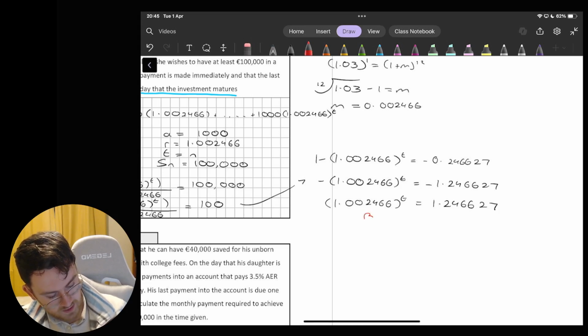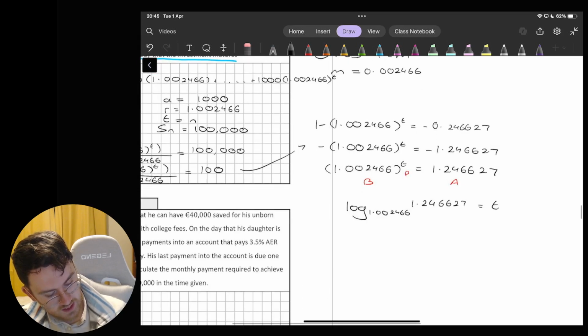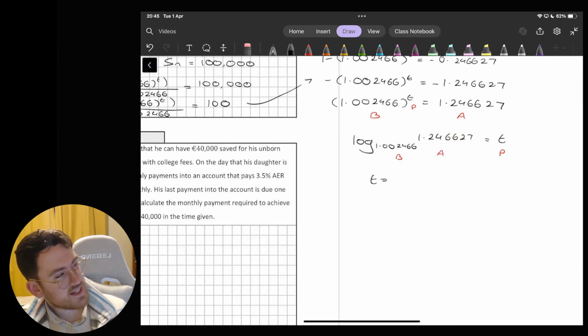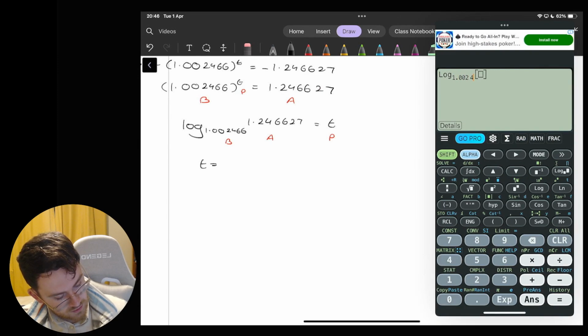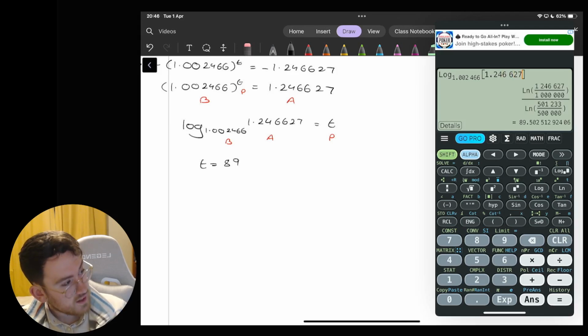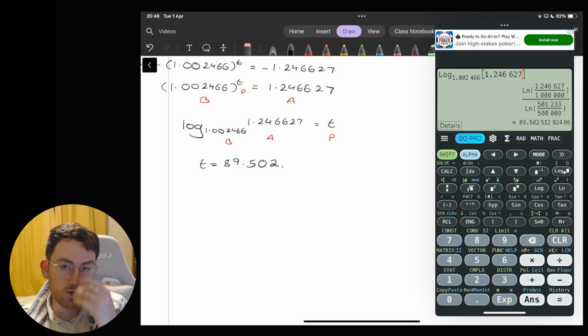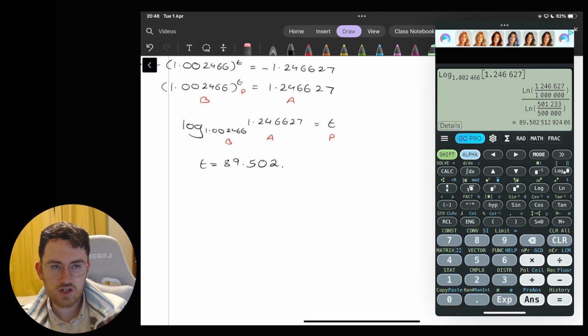working for me, base power answer, and we know when it goes to log format it has to follow BAP. So base 1.002466, answer 1.246627, equal to t. Okay, that idea of base answer power, and that is going to give me a t value of, let's work it out, 89.502. Okay, we know from our work, hopefully with sequences and series, that n, that term value, always needs to